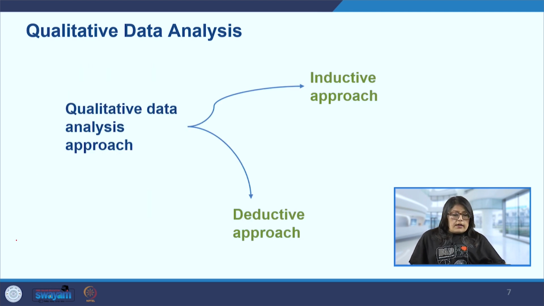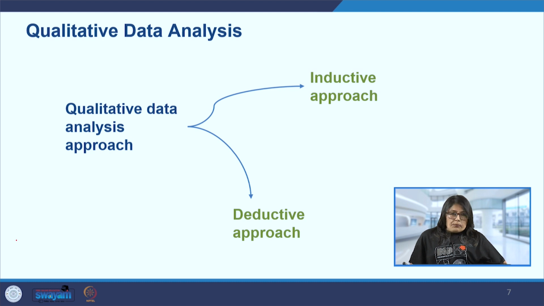So we can see here that the qualitative data analysis, we can split this into two ways. One is deductive approach and the other is inductive approach. So the deductive approach involves analyzing qualitative data based on a structure that the researcher predetermines. So there is an idea that the researcher already has, and then they go ahead with this particular approach. The deductive approach generally starts with a general theory or a hypothesis and then tests it with specific observations. So it moves from a broad general premise to a more specific conclusion.